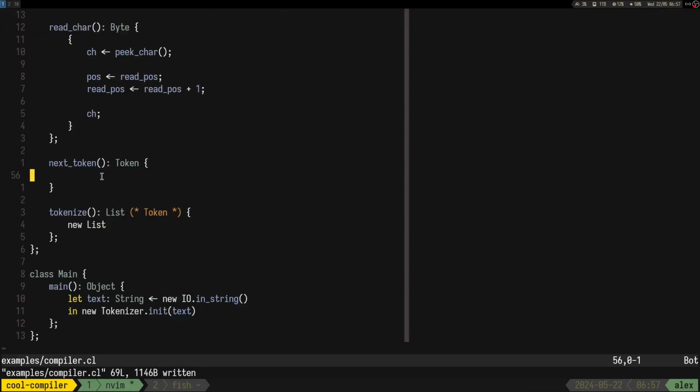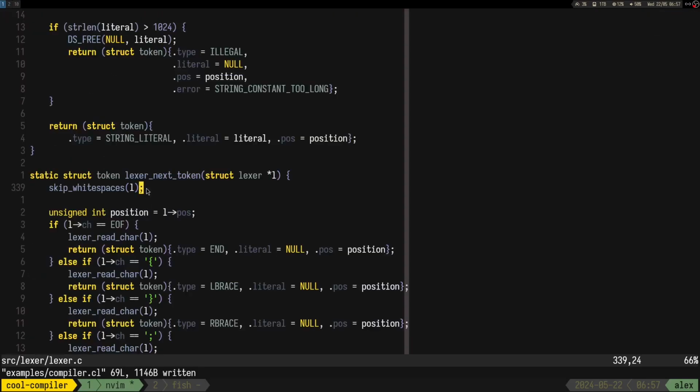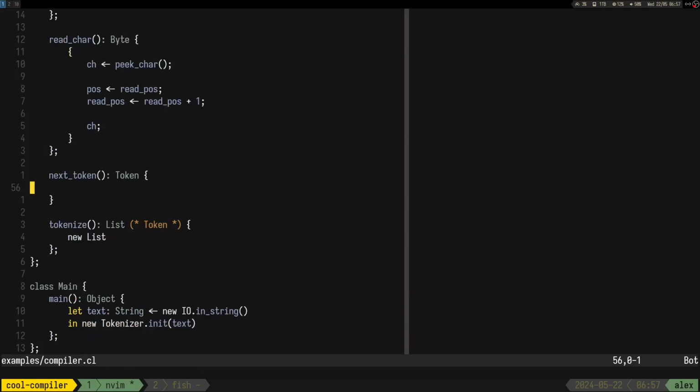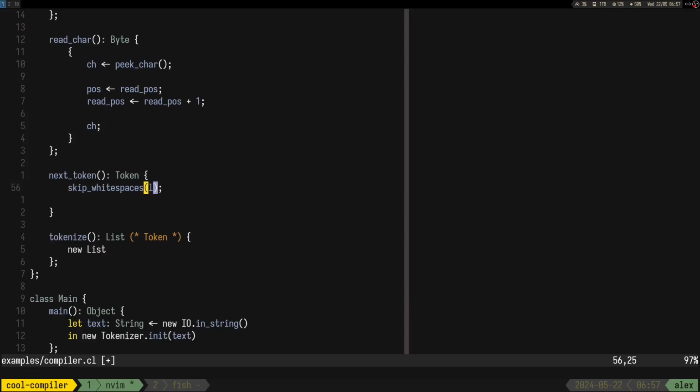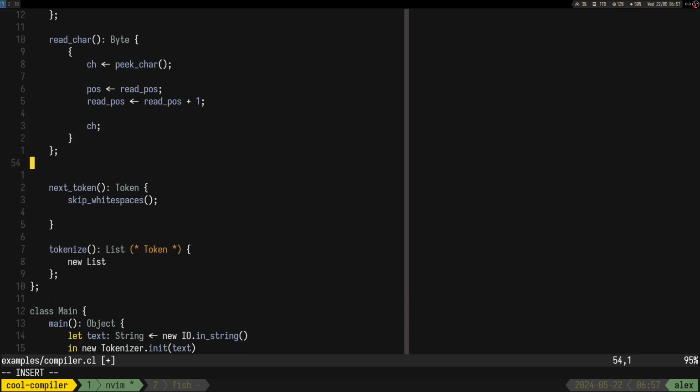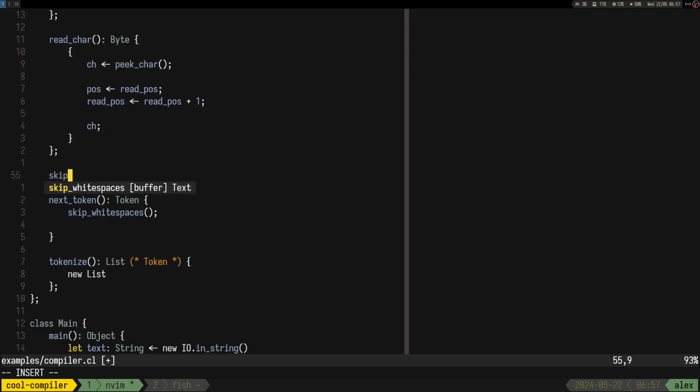Okay, so next thing that I want to do is this skip white space. It's really useful, in my opinion. So let's implement skip white spaces, and I think this one returns void, but we don't have void, so let's say object.